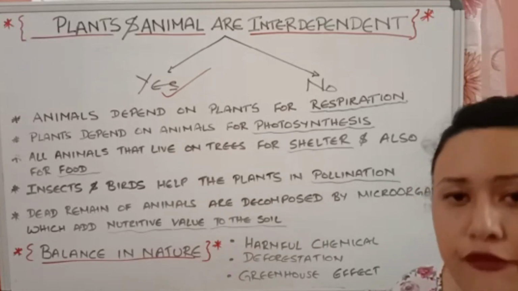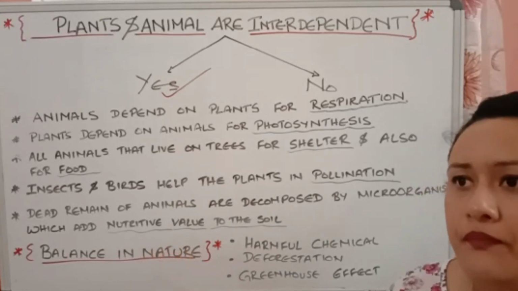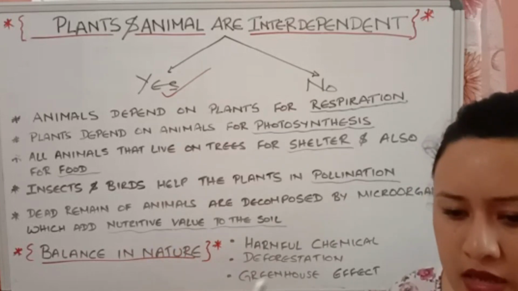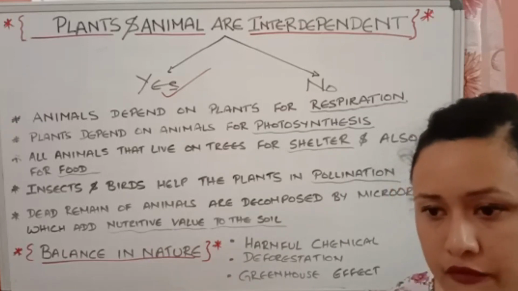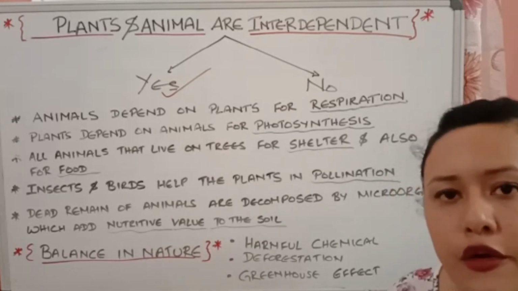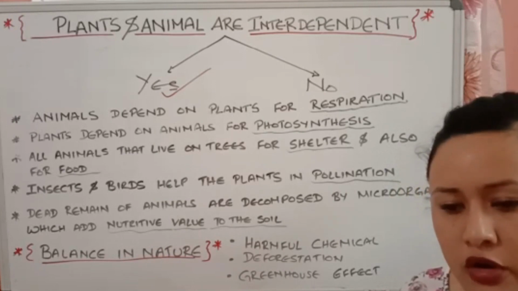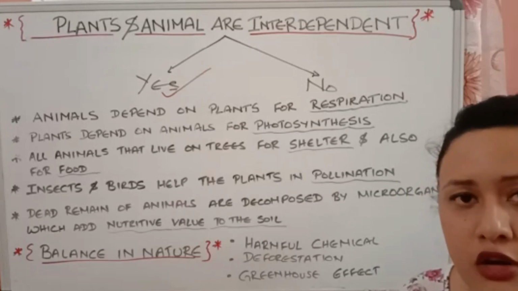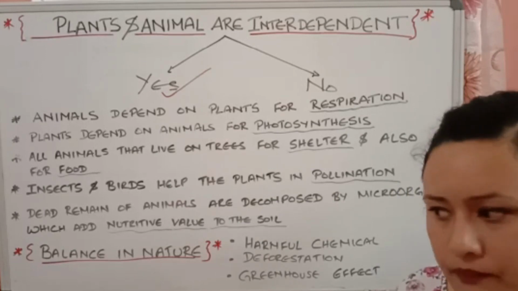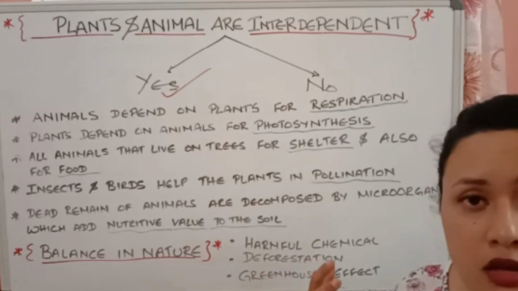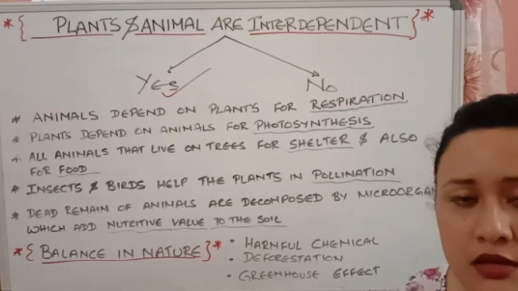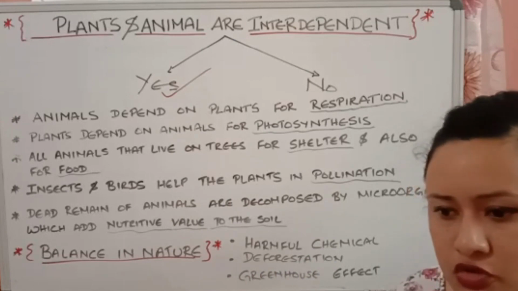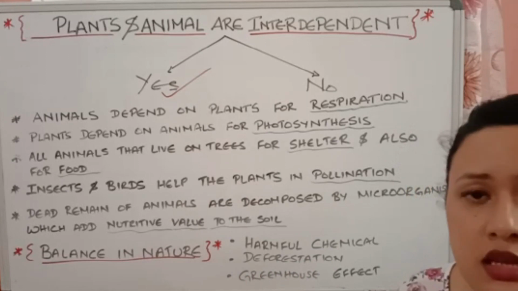So human beings, what are they doing? They are destroying forest in order to benefit themselves, in order to make their houses, in order to make the forest cultivated land for industries and all. When they destroy these forests, obviously the animals, the insects, the birds living in the forest will lose their shelter, the home place. Their natural habitat also gets destroyed. And when they get destroyed, the food chain also gets disturbed there.